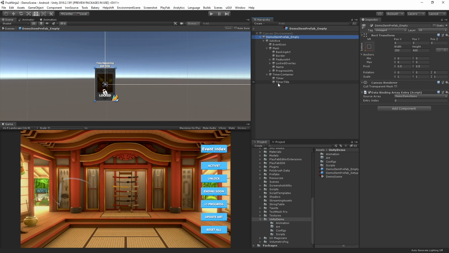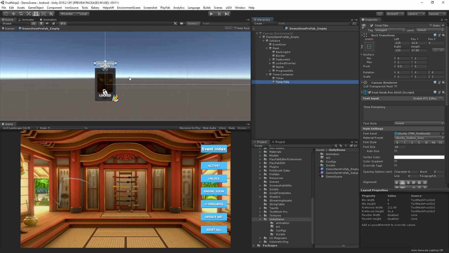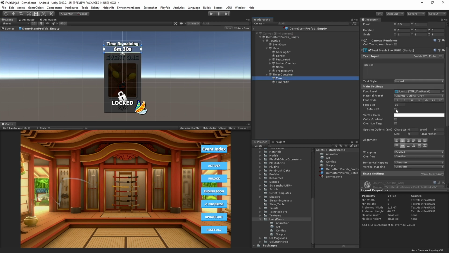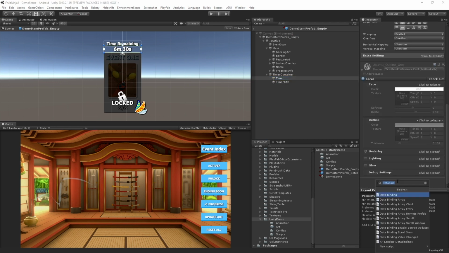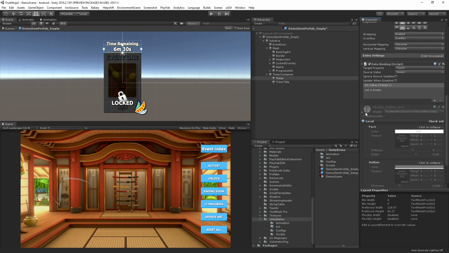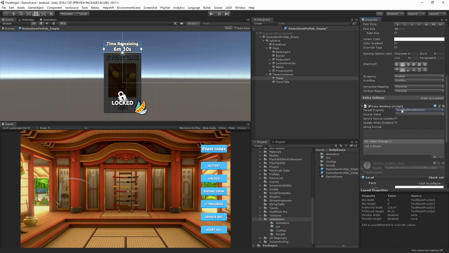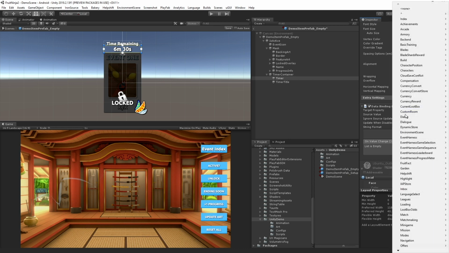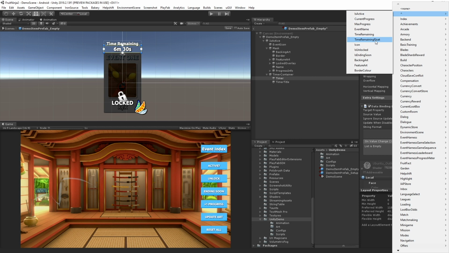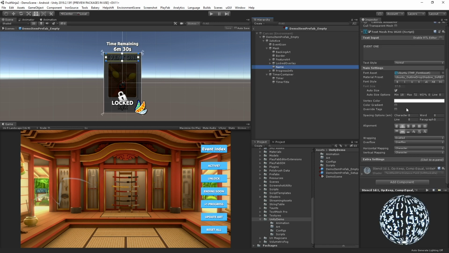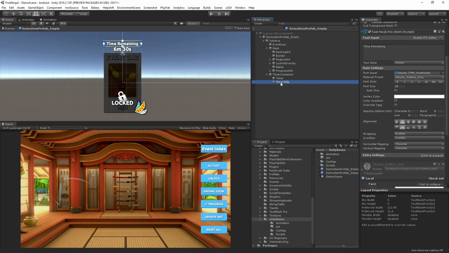Cool. So we've got our timer here. We don't need to data bind the timer title because that's unchanging, but we do need to change the timer. So again, we just add the data binding component. We target the text of our TextMeshPro object, or component, sorry. And we target it with the time remaining value. Then we have an event name, which again, let's just